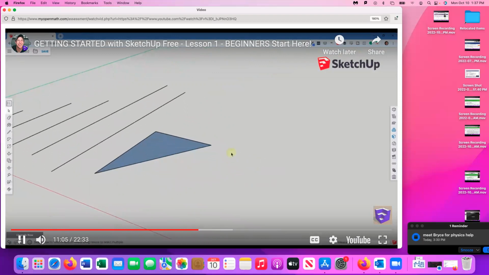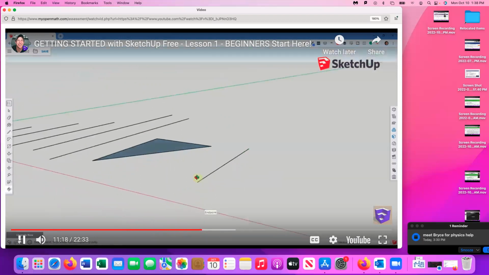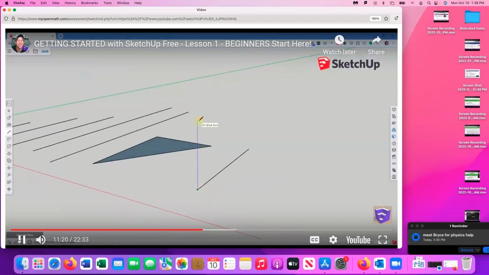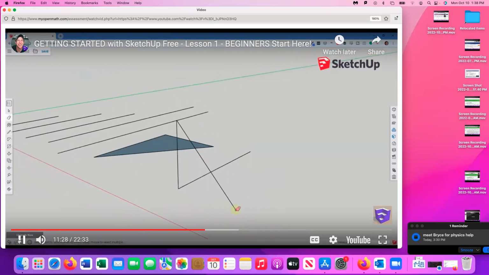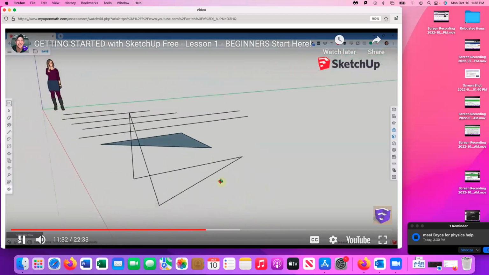And so coplanar means that all of these edges are on the same plane. So for example, if I was to come in here and draw a line like this along the green axis, and we'll talk about the axes in a second, and then draw an edge up like this, and then draw another edge like this one down here, and then close this in, you can see how SketchUp